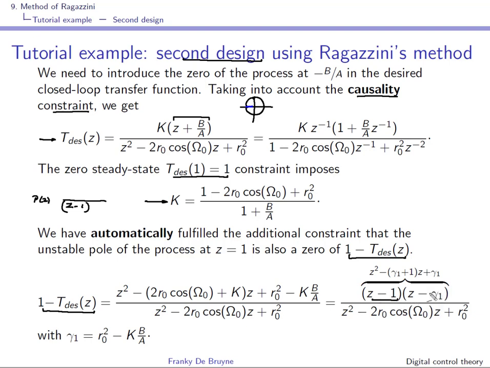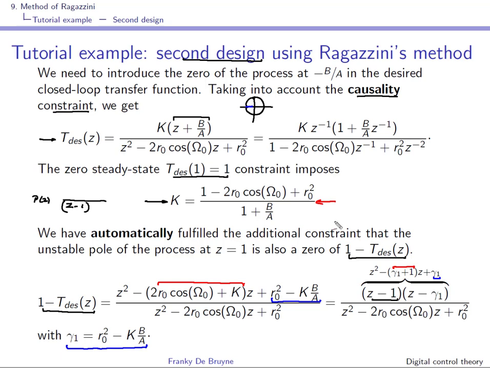Well, if we compute this, this is what we obtain, and you will see here that if you equate this one and this one, you obtain the value of gamma 1 as shown over here. And you'll be able to show also that this one is equal to this one, and this will come from